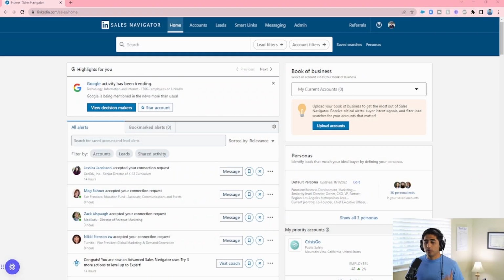So we're in LinkedIn Sales Navigator here, and just for some context, this is a paid tool. They do offer some free trials if you've never used it before. I highly recommend it, and as a tip, if you do end up paying for it and cancel it within your first month, they almost always give you a deal or some sort of discount to keep you as a customer. But here's why LinkedIn, I think, is one of the most underrated tools for videographers.